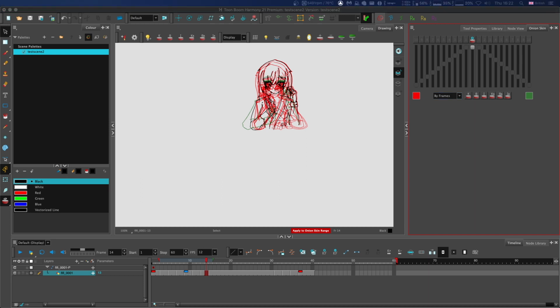I would recommend just using it in the advanced onion skin, because that gives you visual feedback as to what frames are being shown, but you can technically use it within the standard onion skin mode with it set to by drawings. It's not ideal because it gives no visual feedback to how many frames are actually selected, but you could do it. And that's the onion skin. I've tried to cover it in as much detail as possible, so this can be the ultimate onion skin tutorial.